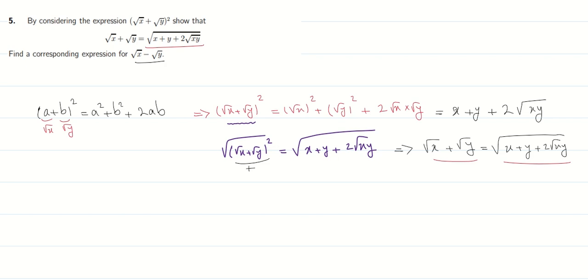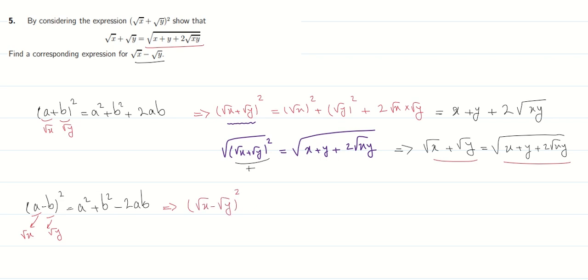Now let's proceed with the second one. In order to find the corresponding expression for square root of x minus the square root of y, we should use the identity formulas again. We know that (a minus b) squared would be equal to a squared plus b squared minus 2 times ab. Now in here, we're just going to use square root of x as a and square root of y as b. And we're going to rewrite the equation now as (square root of x minus the square root of y) squared,